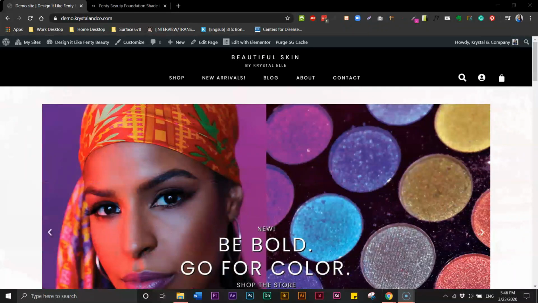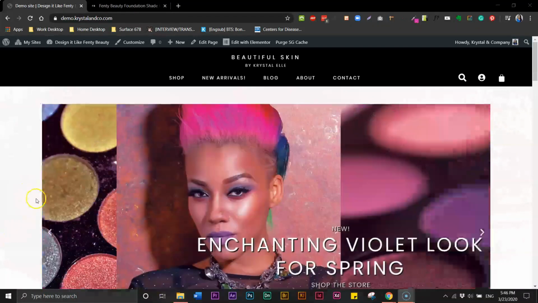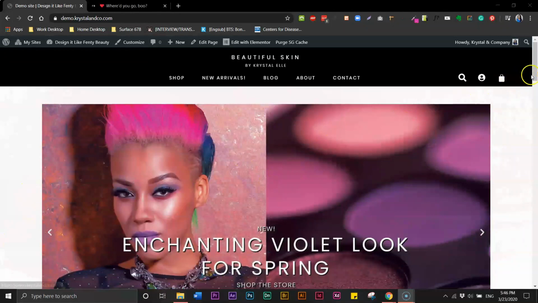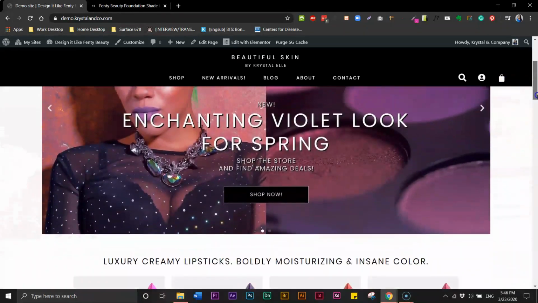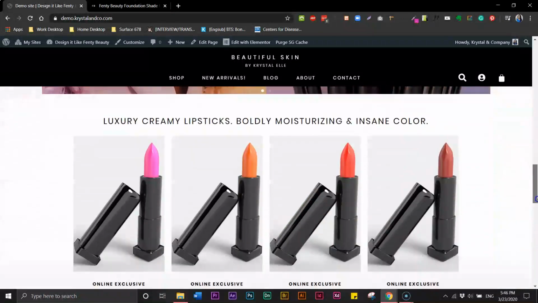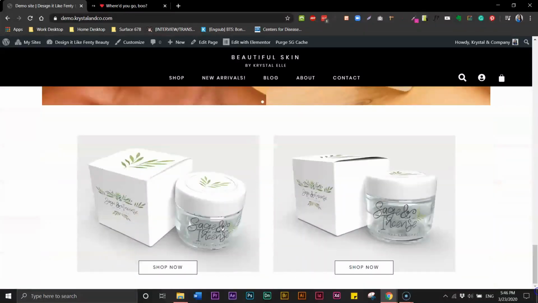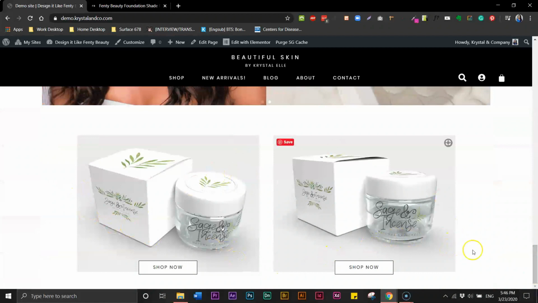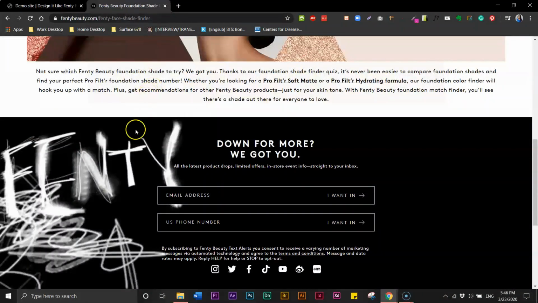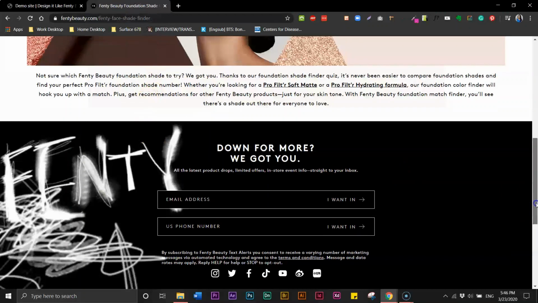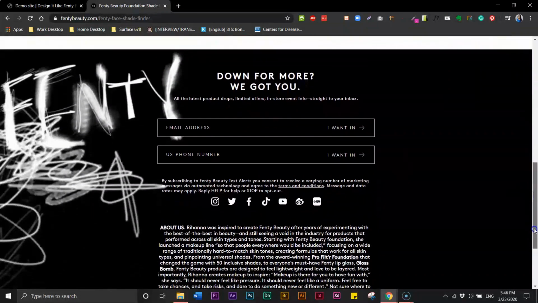Okay, so now that we have completed the header for now, let's take a look at the footer. So I'm just looking at the front part of my website right now. I'm actually in Elementor, and you can see here, because there's no footer, it just stops at these last two products. So let's take a look at the Fenty Beauty website, and we can see here that this website has